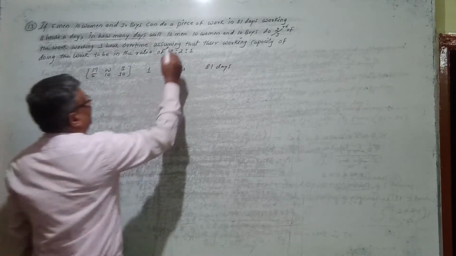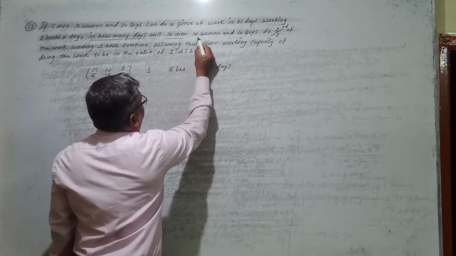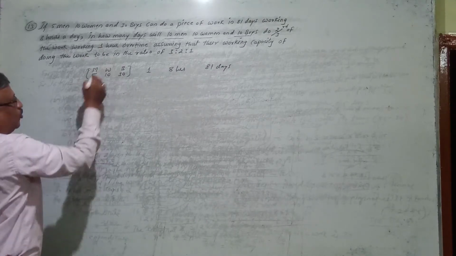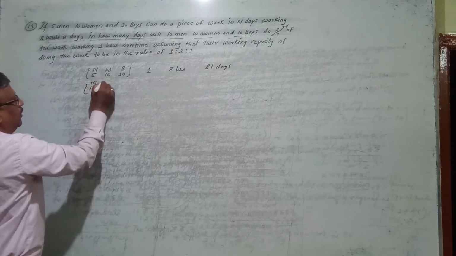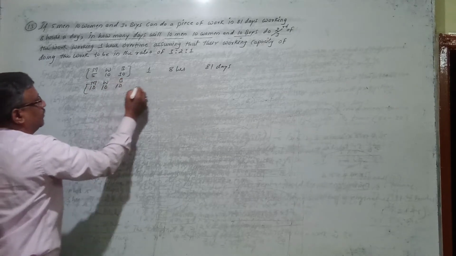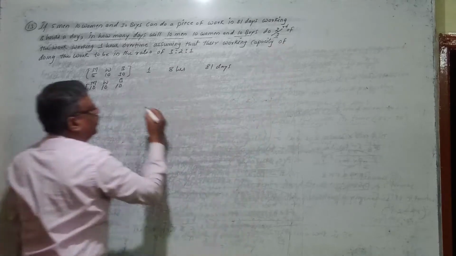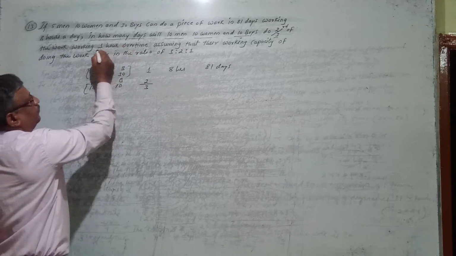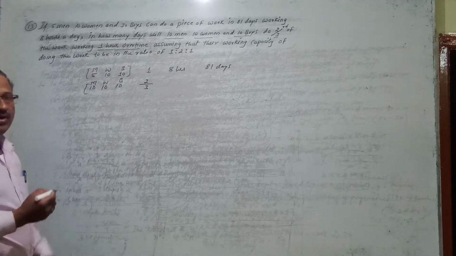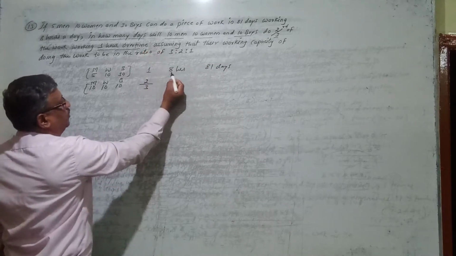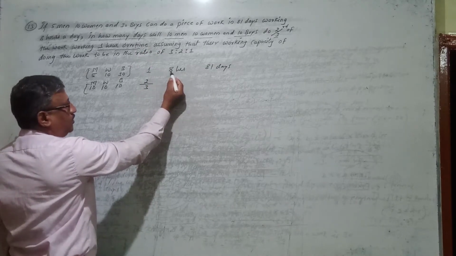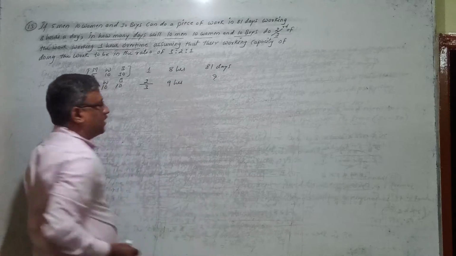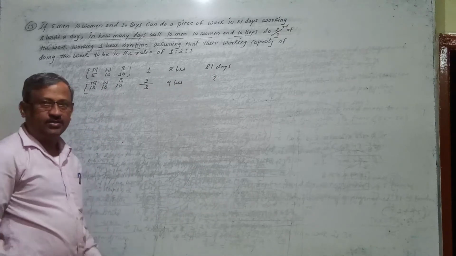And what question have they asked? They have asked to calculate how many days are required for 10 men, 10 women and 10 boys. Means there is a next group, and in that group there are 10 men, 10 women and 10 boys. To complete how much work? Two-thirds of the work working 1 hour overtime. Working 1 hour overtime is working 1 hour extra. Previously the previous group used to work for 8 hours. Now this group is working 1 hour extra, means 9 hours. How many days are required, that they have asked? Yeah, this is the question.